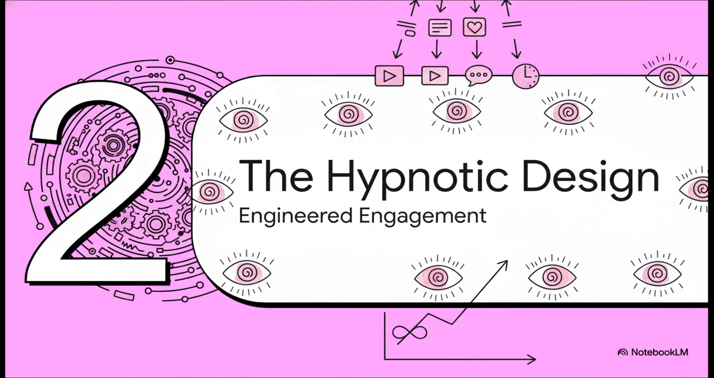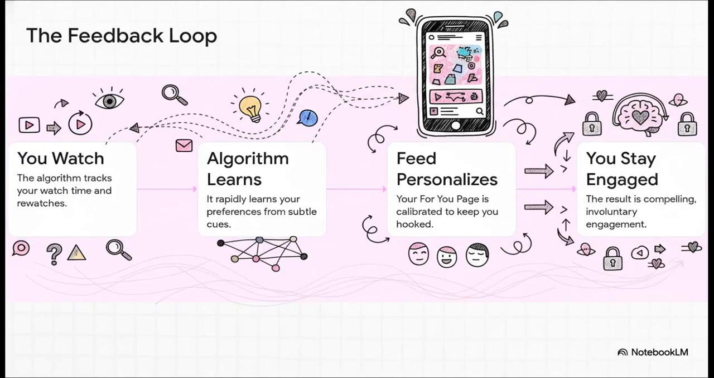So, how does this actually happen? Is it just by chance? Nope. This hypnotic state is carefully engineered. It's a combination of a super smart algorithm and some very, very deliberate design choices. It all kicks off with this super personal feedback loop. See, the algorithm doesn't just see what you like or share. It learns from the tiniest things, like how many seconds you watch a video before swiping, or if you watch it more than once. And it learns fast, constantly tweaking your For You page